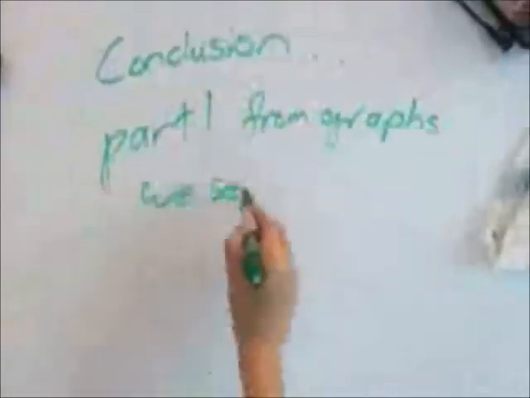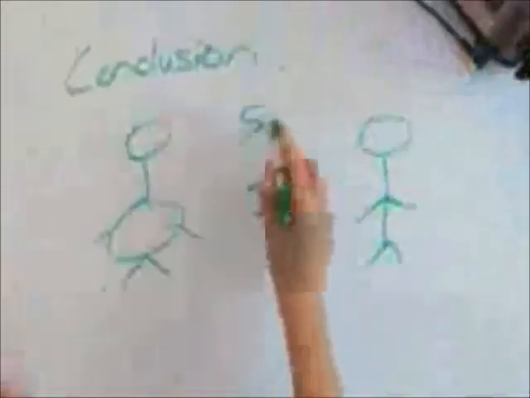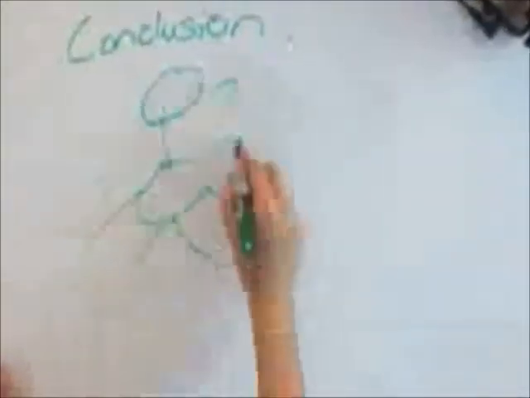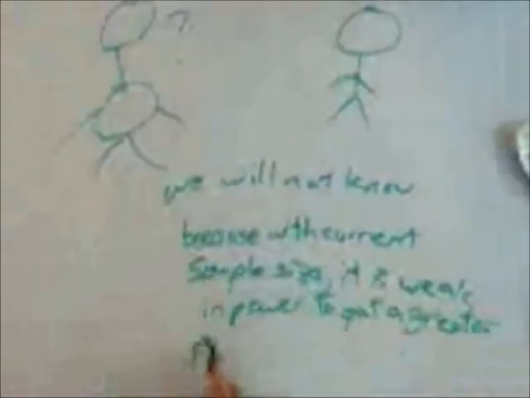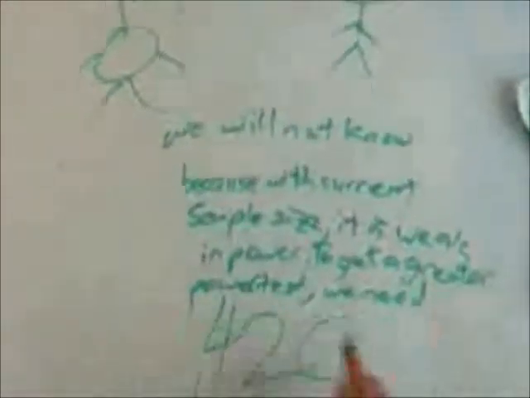Conclusion: as seen in part 1, we can conclude that they are about the same. From the statistical test, we found out there is no difference in glucose level of normal and obese people, but we do not know for sure whether they are the same. With our current sample size of 50 for each group, the power is relatively weak. In order to get a stronger power, we need to have at least 420